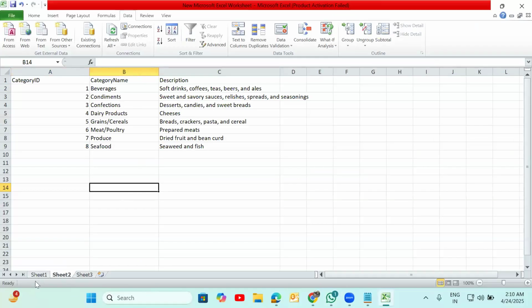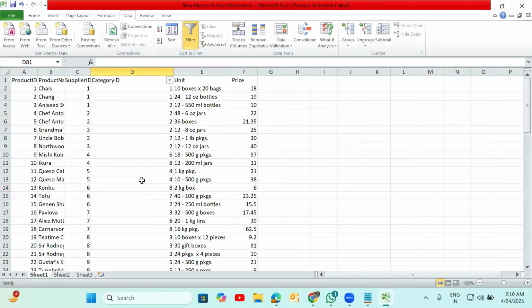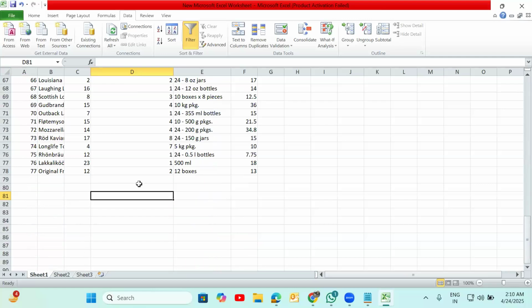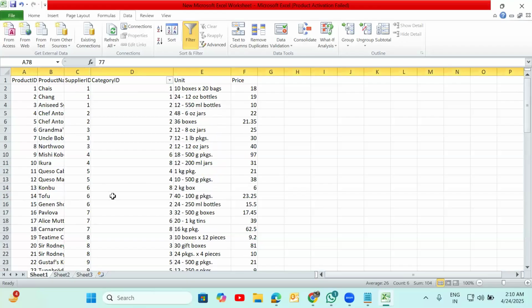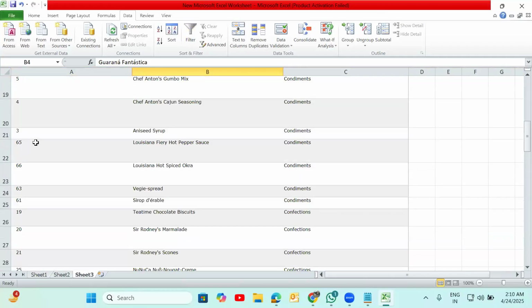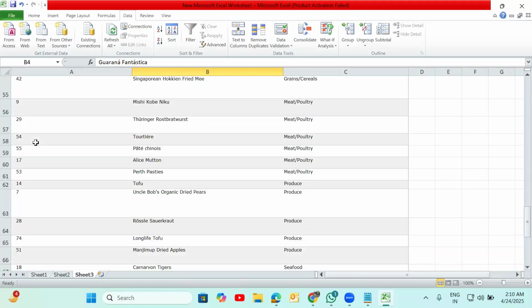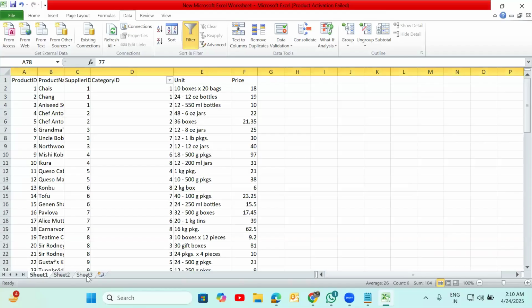One second. In total, these 77 records are coming, right? Right. But what is the differentiation between this table and this table?